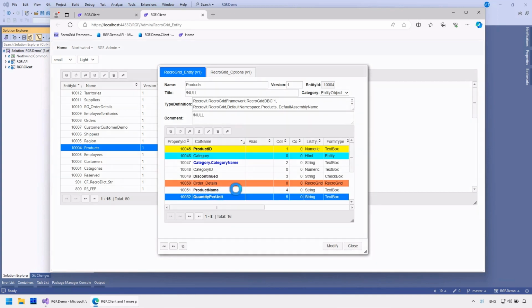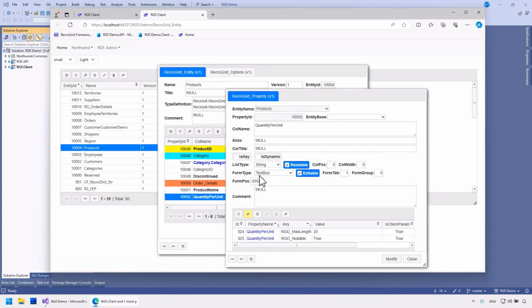Additionally, there's a similar setting for columns or fields. Readable determines if the column can appear in the list view. If not enabled, the user won't be able to display the column in any way. However, there's an exception. The administrator can display any column. In the form view, the editable checkbox indicates if the field is editable. If unchecked, it's not editable. This is handled client-side and server-side too. If a field shouldn't be displayed in the form, it can be achieved by setting the form tab to 0.